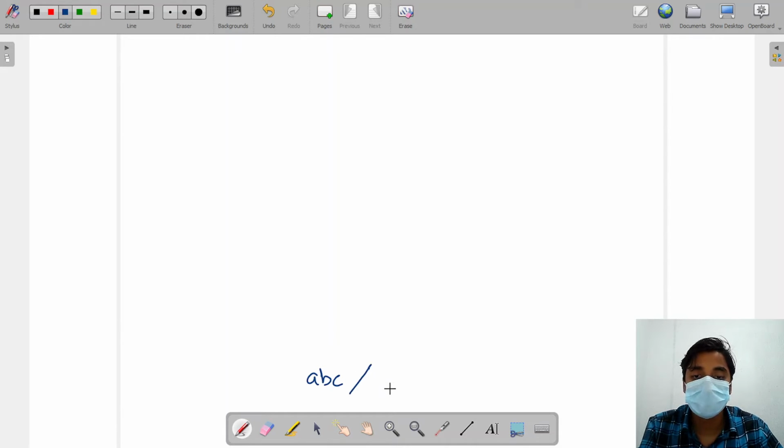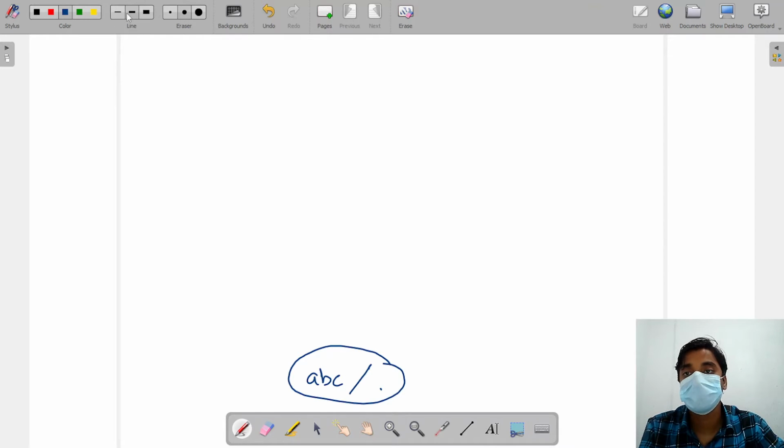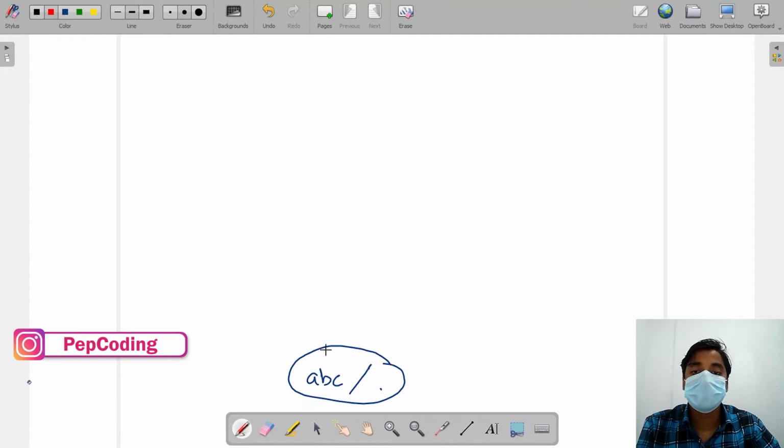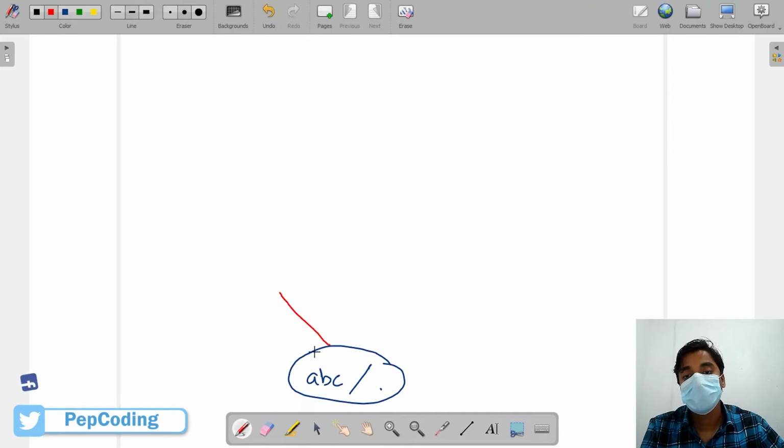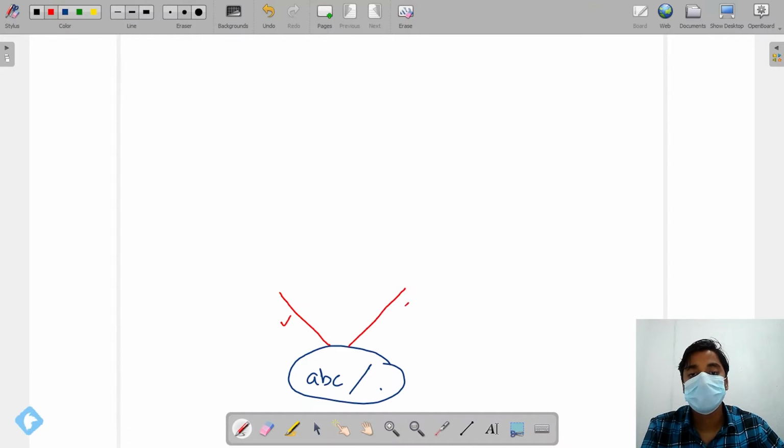There will be an answer string to print. This time it is blank, there is no answer. Now there are two ways of getting subsequences. The first way is yes and the second way is no. This yes and no means the first character will come with the answer or the first character will not come with the answer. So here the answer will be A and here the answer is blank.